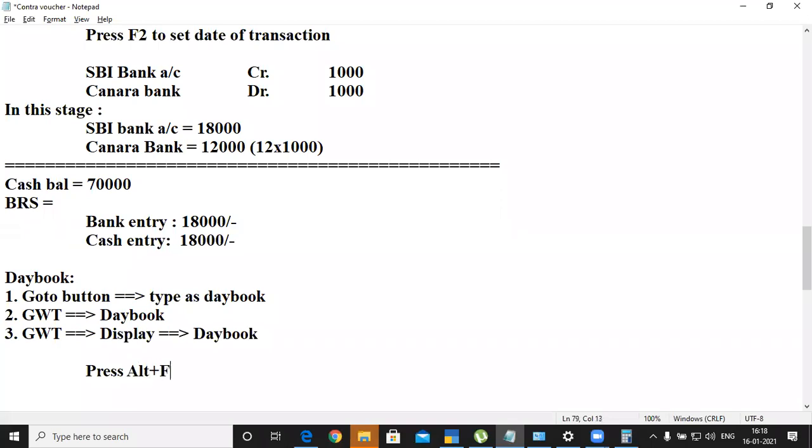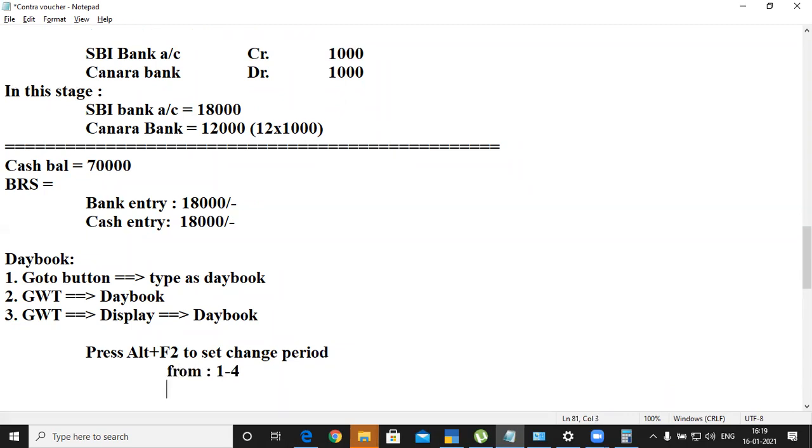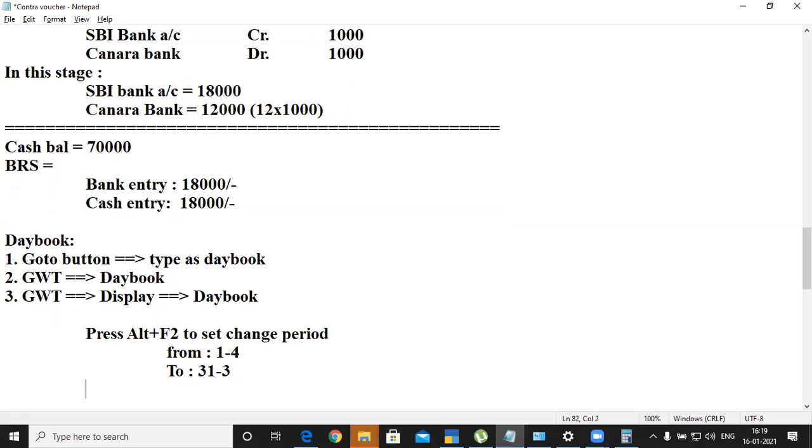Then from here onwards you press Alt plus F2 to set the date period, change period. So from 1st of April to 31st of March, press enter key.